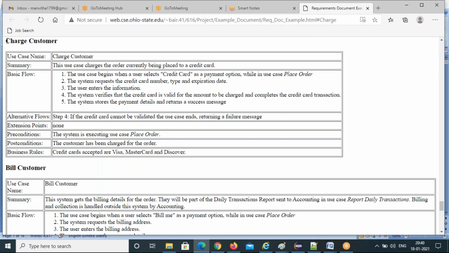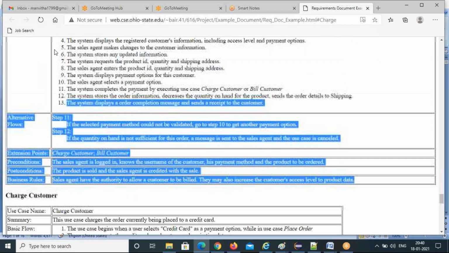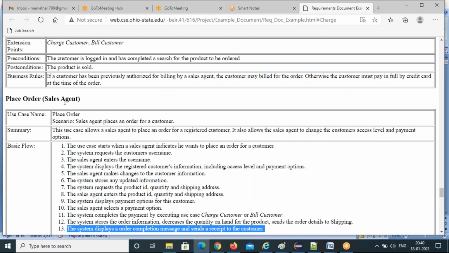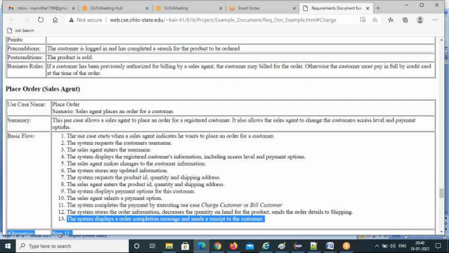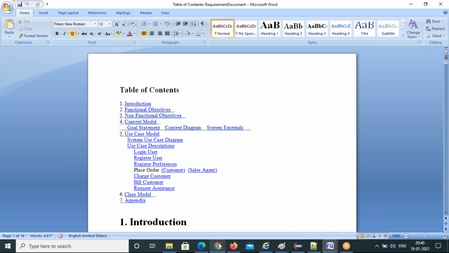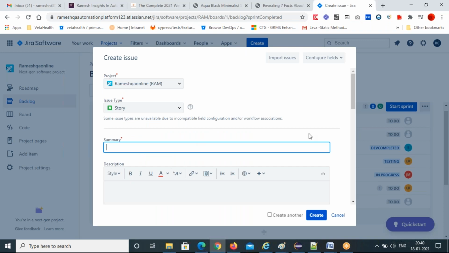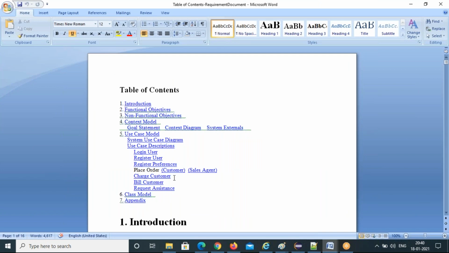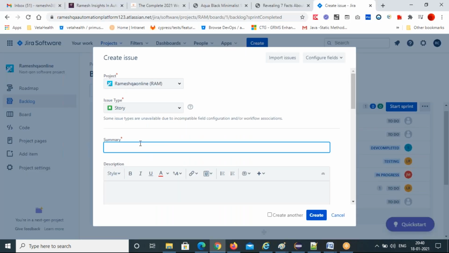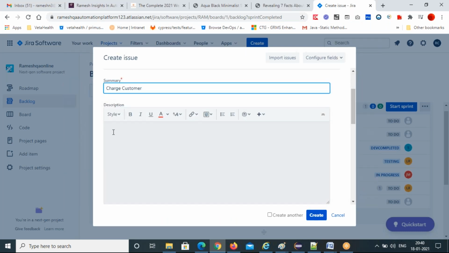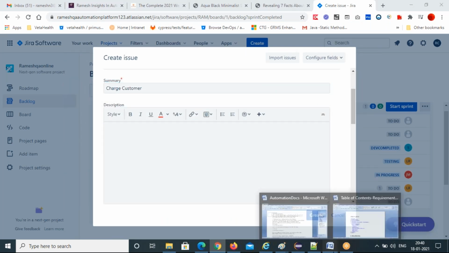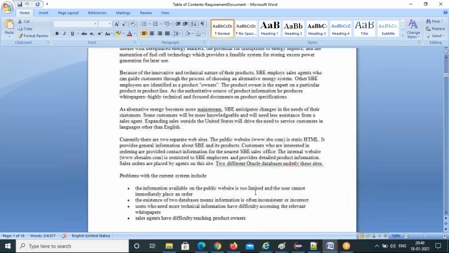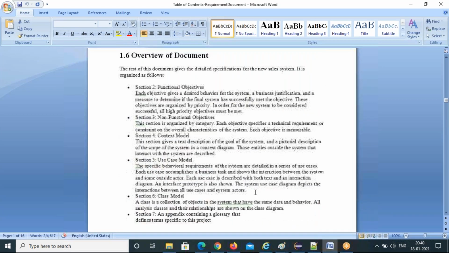This user story is not there, right? And at the top, place order is there. Place order by sales agent. We have this. Place order is okay. This we will do: charge the customer. Charge the customer. And give all these requirements, you can explain all this here. So these are all the things you explain here.